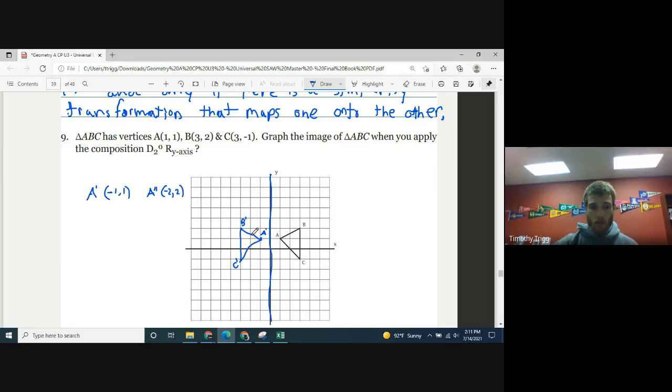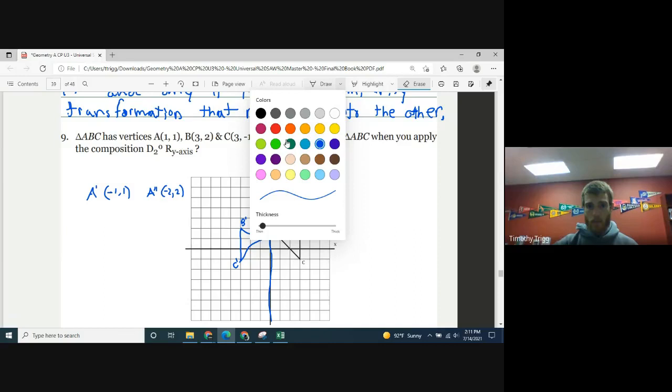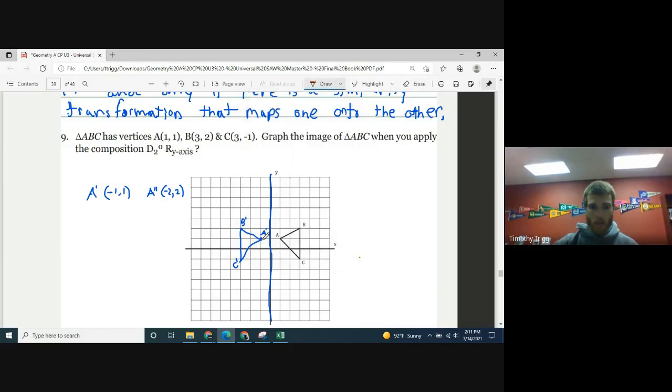-2, 2. So this would be A. Maybe I should use a different color because it's getting kind of all over the place here. So let me go ahead and use this orange. This would be A double prime. So A prime prime is at -2, 2. What about B? Well, B prime, the original B, or I guess not the original, but this B prime is